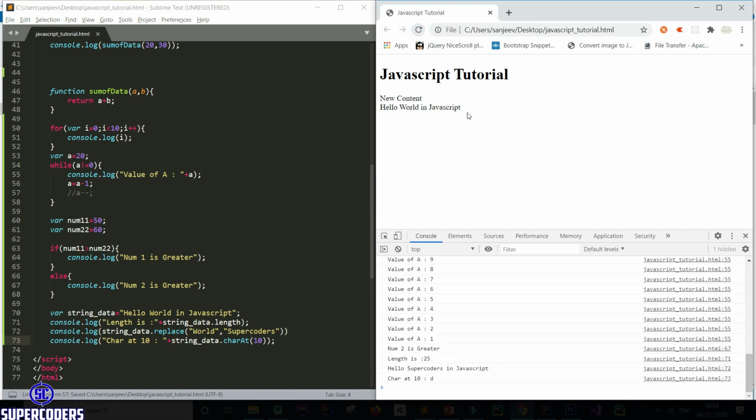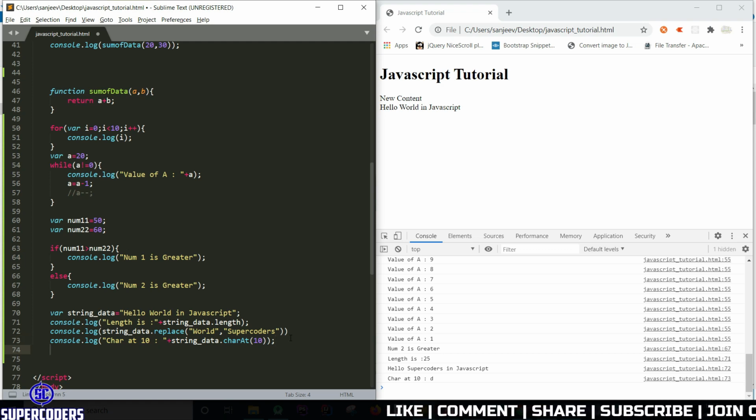Now run the program. So you can see our 10th position is D. Also you can see I am using plus. So what is this plus? This plus is used for concatenating strings, meaning joining two strings.